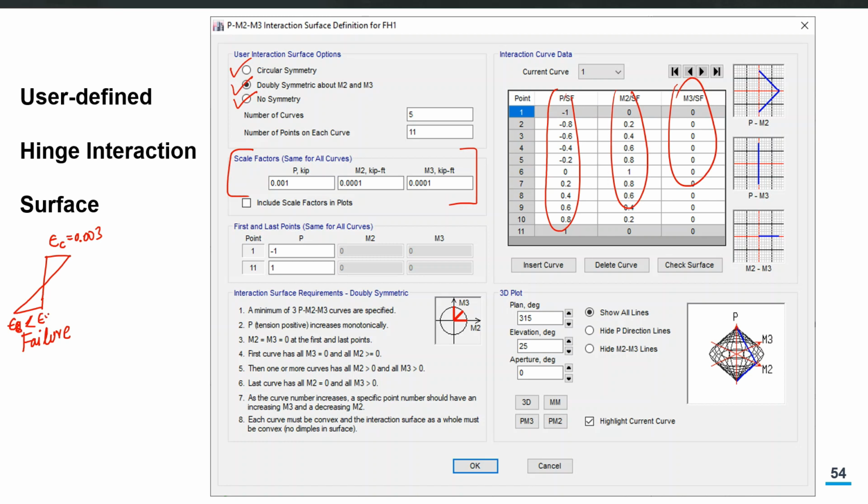This is one failure profile. Now you can come up with different failure profiles and ultimately perform section analysis to get one P and M, or if you want three-dimensional, then P, M2, M3, one point on that surface.